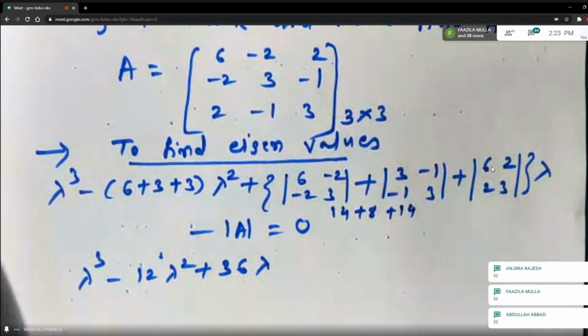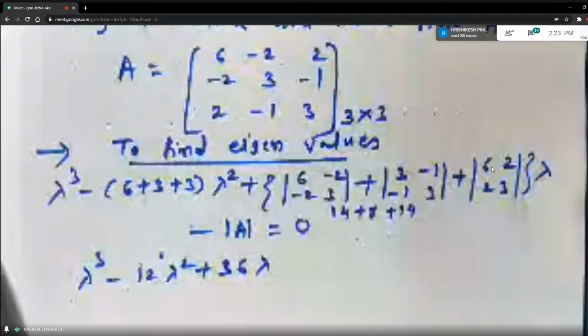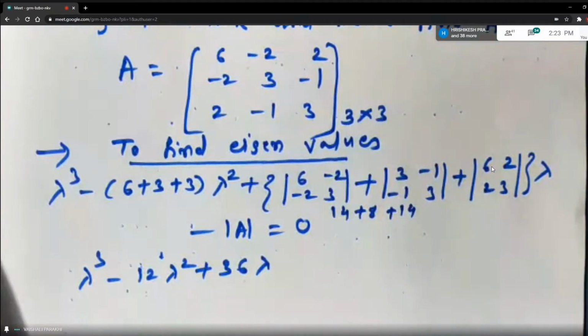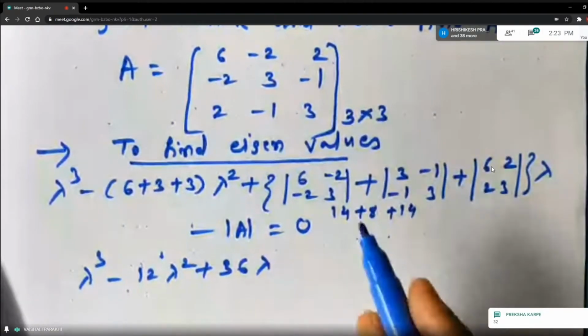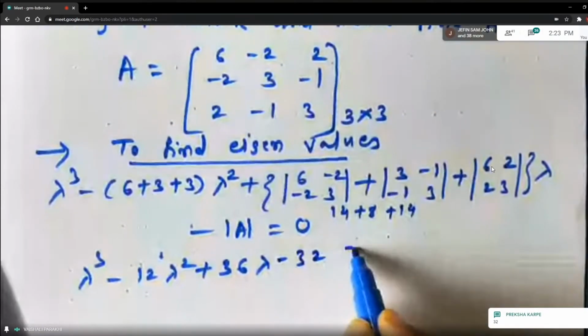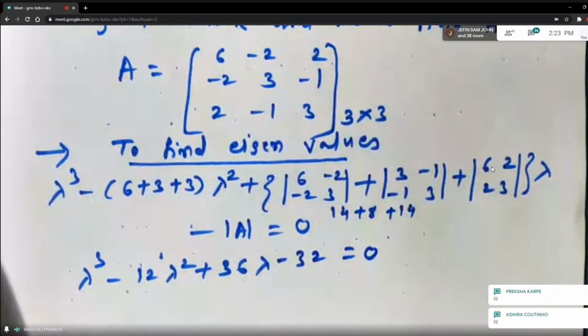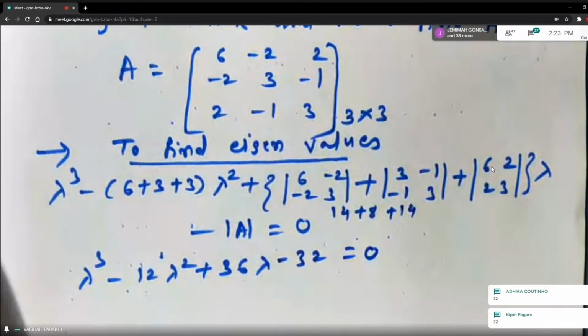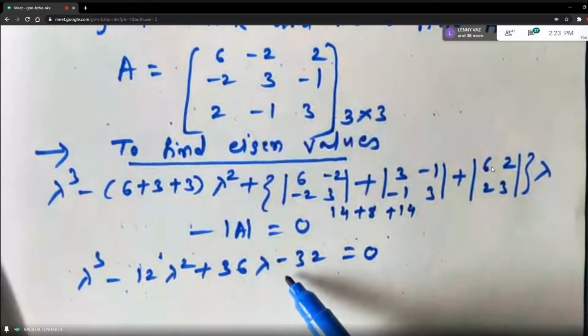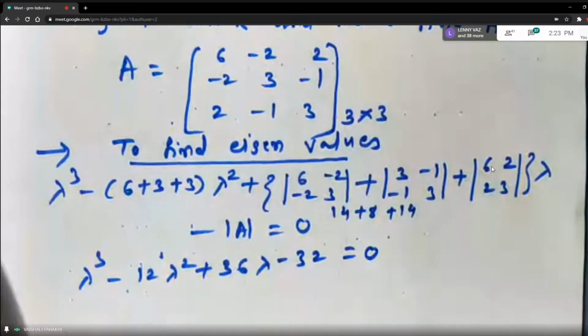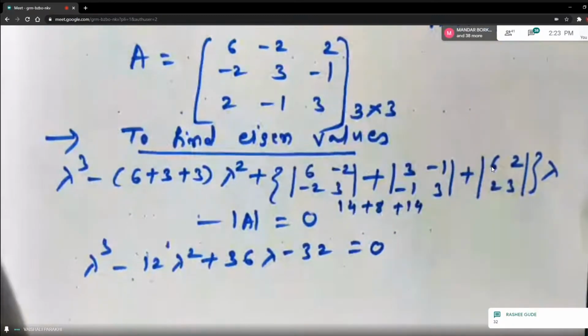Okay, very good. So many students are getting 32. Hopefully each and everybody is doing this, okay? So it is plus 32, but the minus sign is inbuilt here, so we have to give the minus sign. Now sometimes it may happen that the value of the determinant comes negative. So at that time minus minus will become plus in the last term, okay? So be careful about signs.